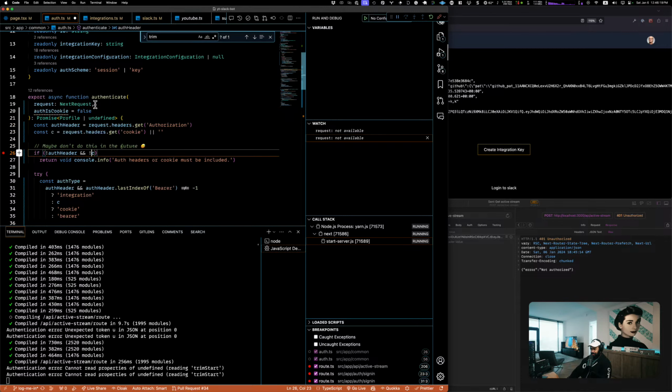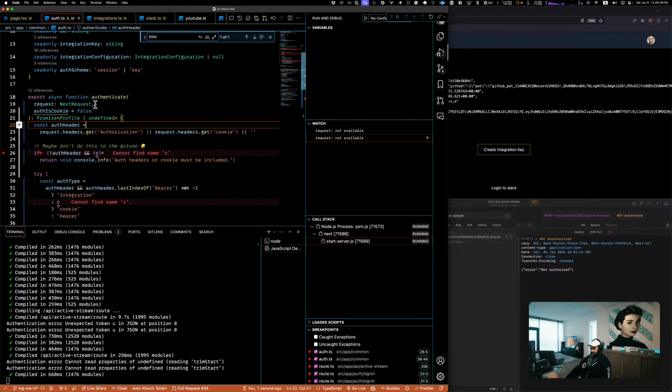All right, so this is how I'm going to do the check now. We're going to say auth header is going to be equal to whatever this authorization is, or it's going to be equal to this right here, the cookie. So we're getting either this or that, or it's going to be empty.